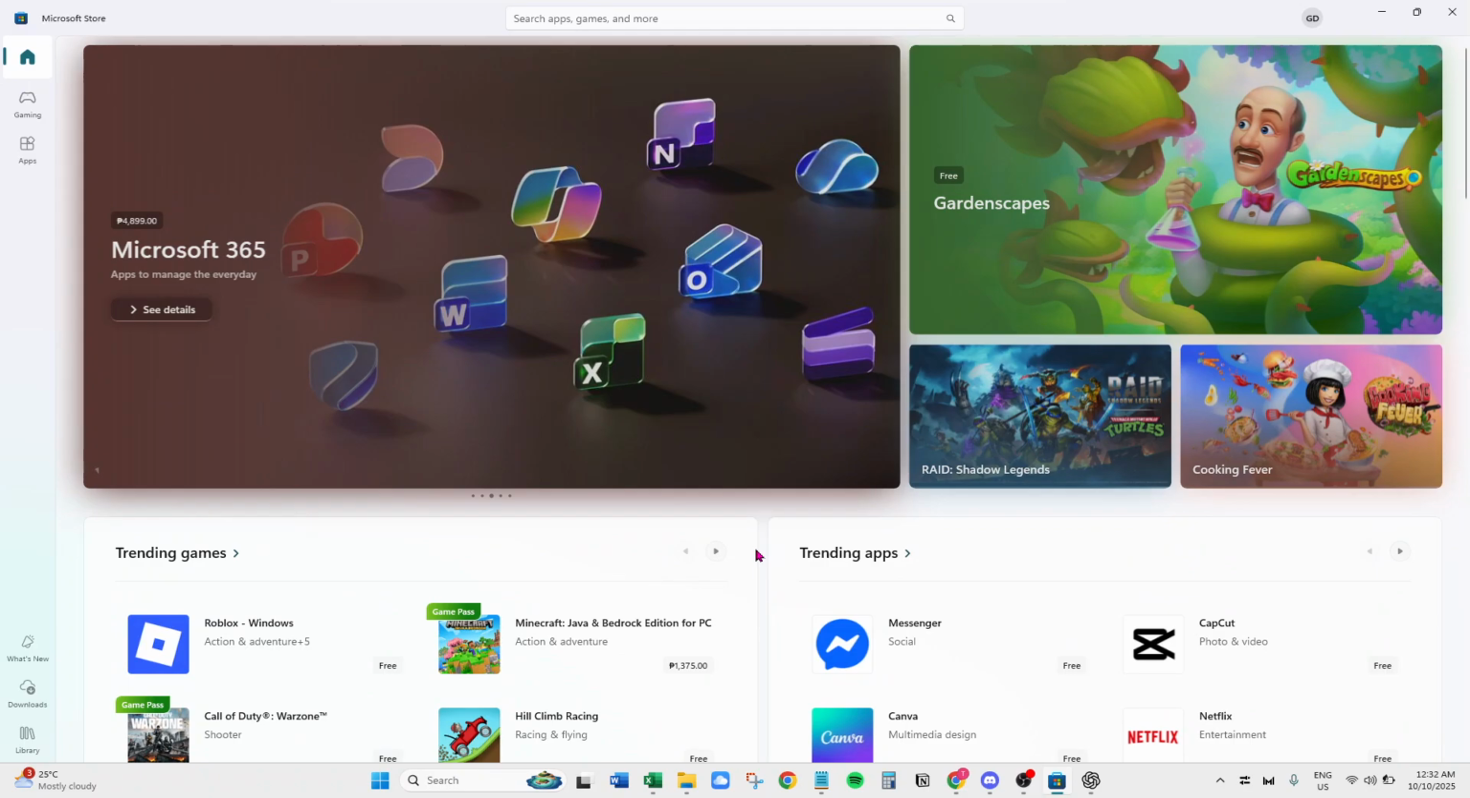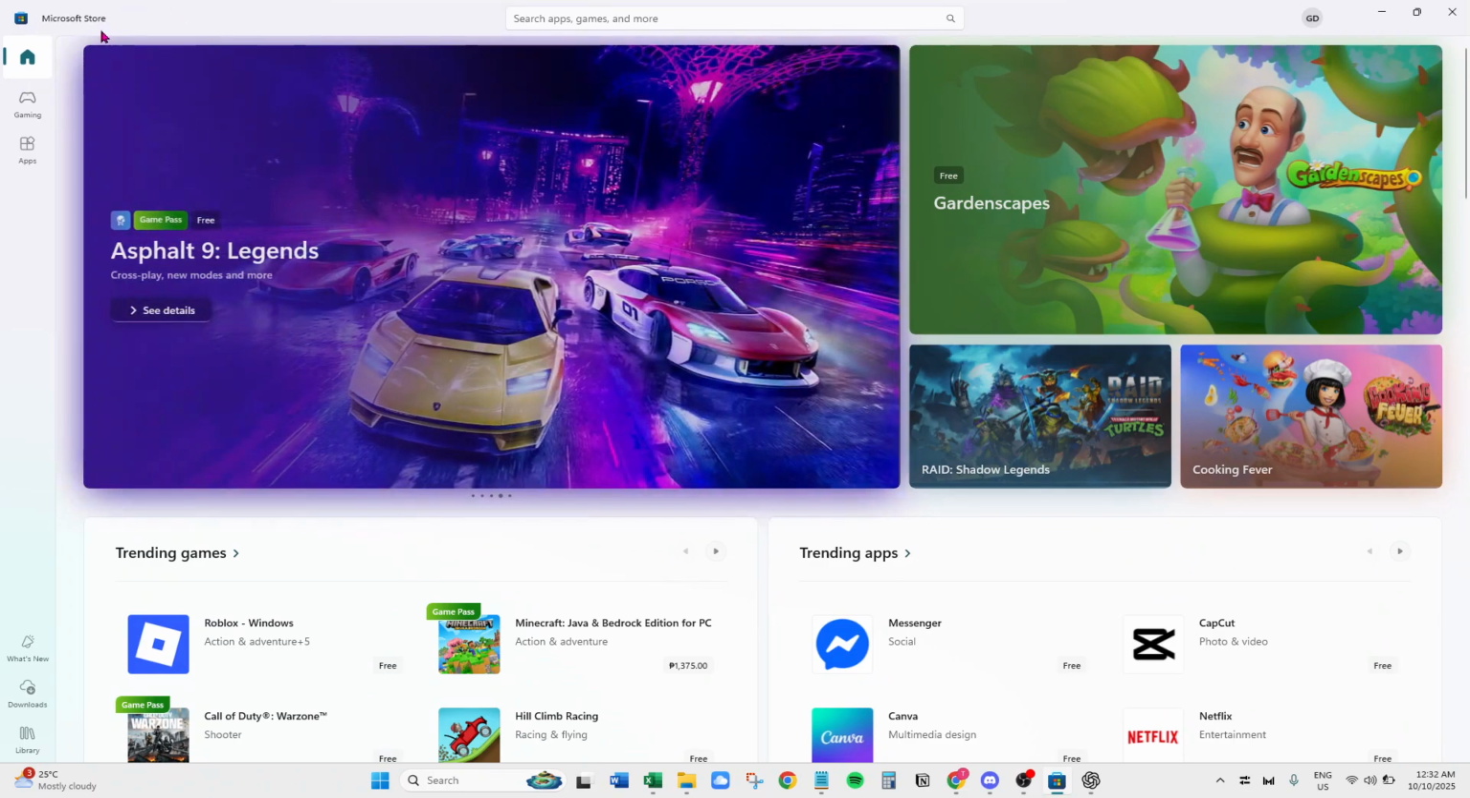First, let's head over to the Microsoft Store. You can easily find it by clicking on the Start menu at the bottom left corner of your screen. Type Microsoft Store into the search bar, and it should appear right at the top of your program list. Give it a click, and you'll be directed to the store's main interface, which is packed with various apps and